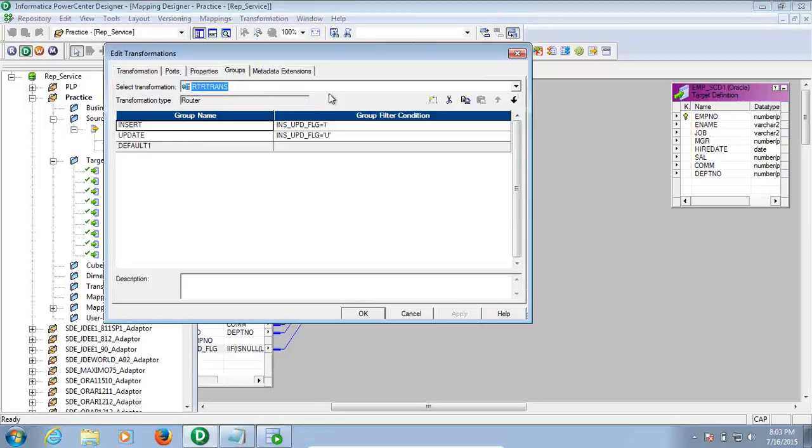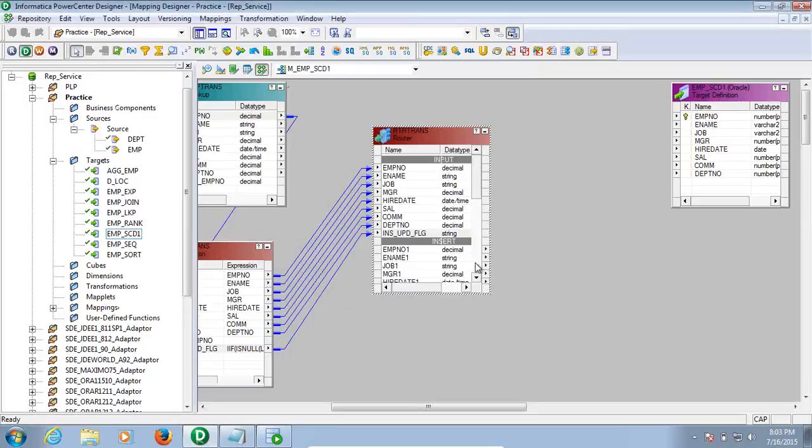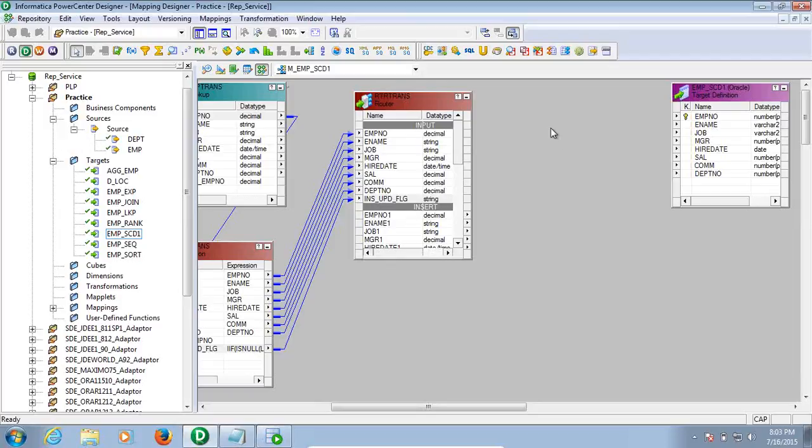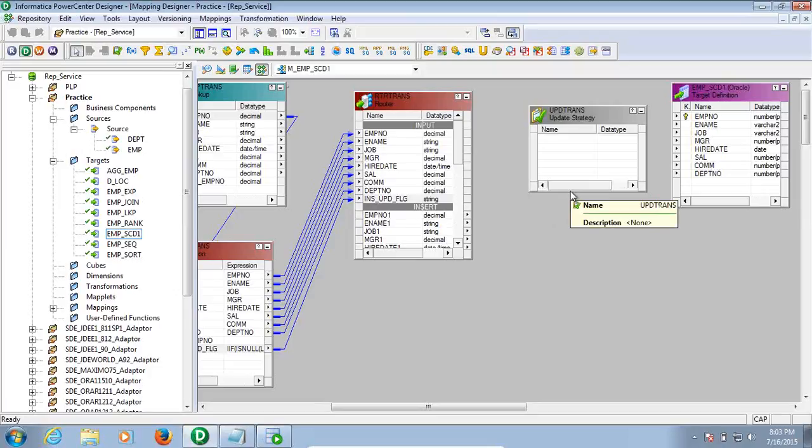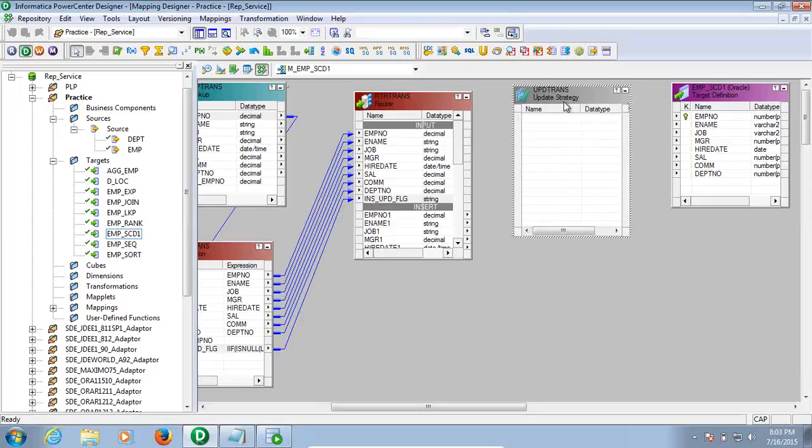So coming records, they may be inserted or they may be updated. Only two types we have. So those two types I am dividing here. Now first I am concentrating on insert, then I'll go for update. Now a new transformation I am introducing, that is update strategy, which is very important. The purpose of update strategy is it will insert the records, update the records, delete the records